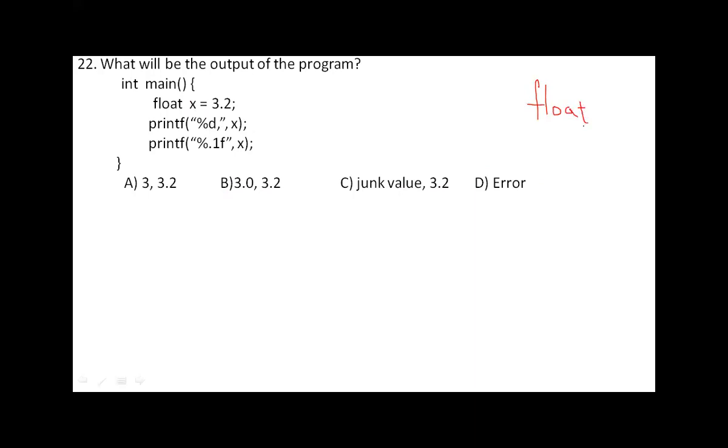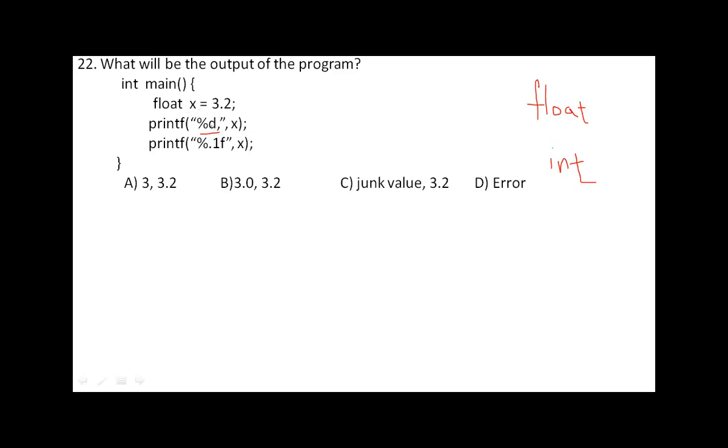Integer is smaller compared to the floating point type. So what you are doing is trying to print a float value with %d.